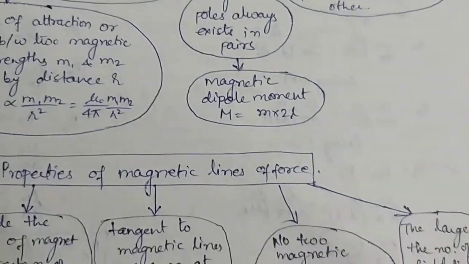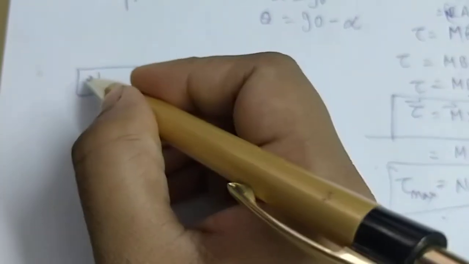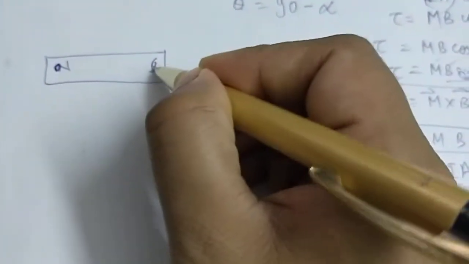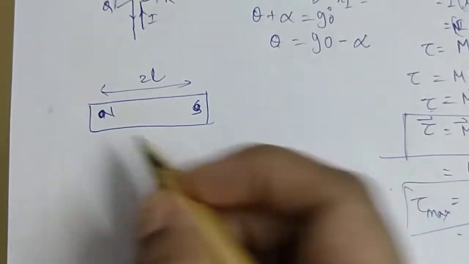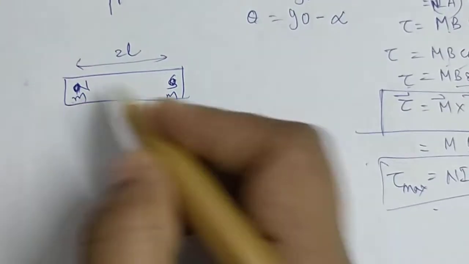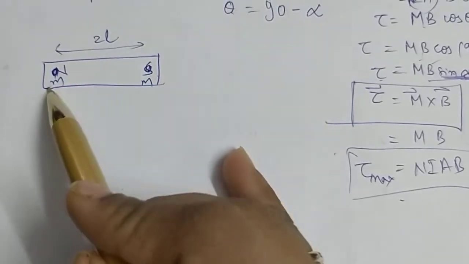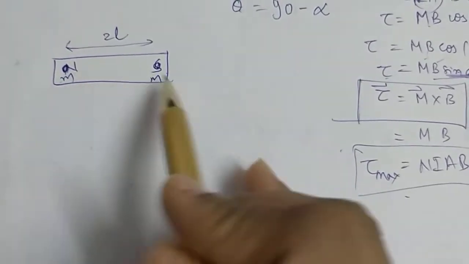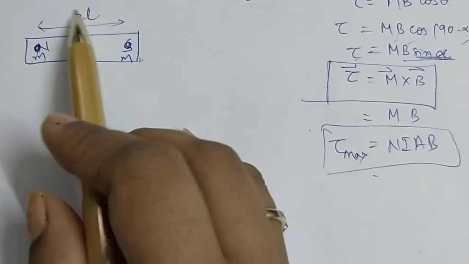That means if I have to draw and explain, so here is your magnet, north pole, south pole. Now the pole strength, this pole and this pole, they are separated by a distance. This distance is 2l. Like in electrostatics we took 2a, here it is 2l. And the magnetic pole strength, this is m, this is also m, same strength. If it is a bar magnet or any magnet, they both will have same strength but opposite. One will be north and another will be south.